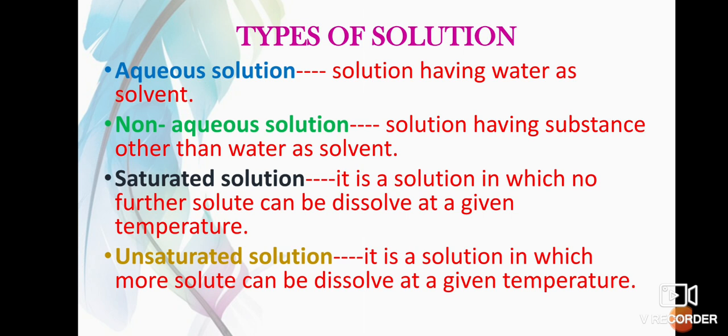And one more thing students, if you increase the temperature, then the solubility also changes. Means if you increase the temperature, the solubility will also increase, it dissolves speedily. Means the solute particles will dissolve very fast. Okay,